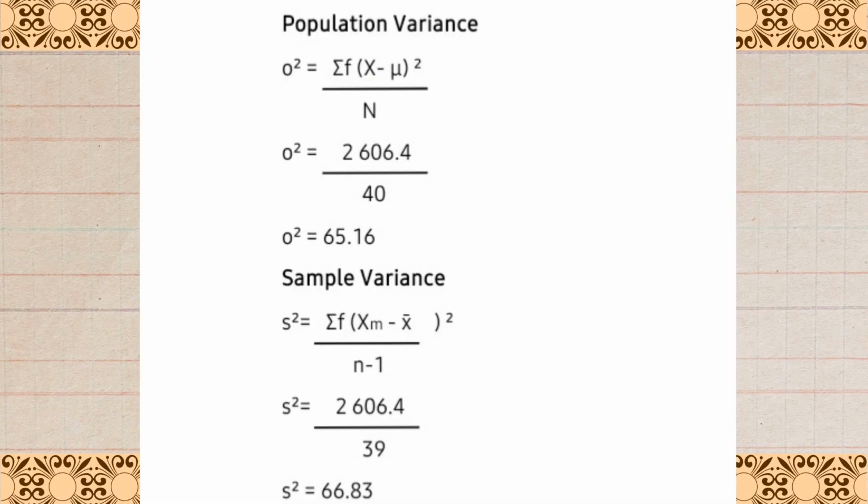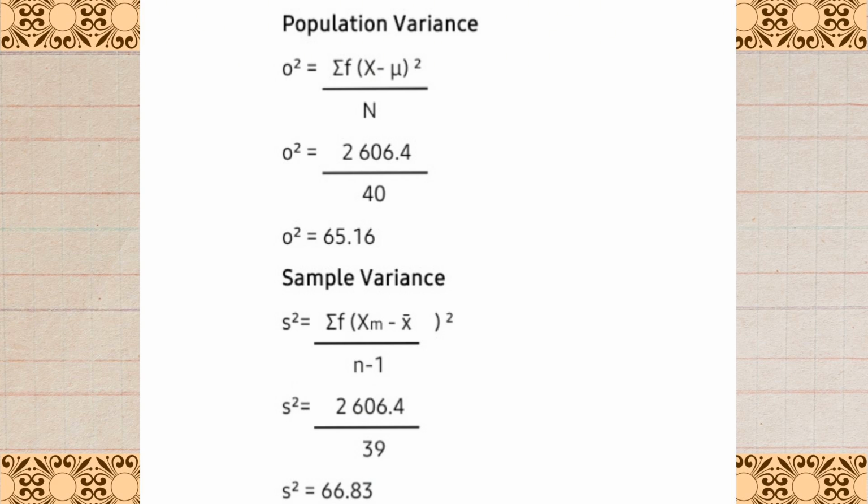To solve the population variance for grouped data, we use the formula: population variance squared is equal to the sum of frequency of nth observation of given data minus population mean squared, divided by n. So according to the table, we get 2606.04 divided by 40, because that is the total number of observations. So the answer is